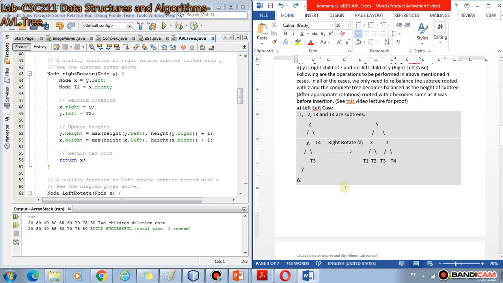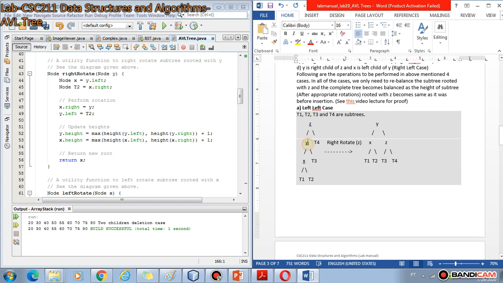So okay, let me fix this as it was earlier. Here, let's suppose this was the case. Now we need a right rotation. So what we are doing basically in a right rotation is that the unbalanced node is Z. This node becomes the right child of its left child.